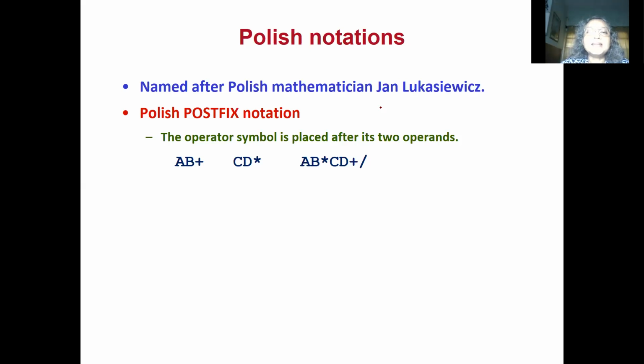So what are the advantages of using Polish notation? In Polish notation, we do not need the concept of operator priority. The way the expression is formed, we will see that that determines the expression uniquely. So the expression evaluation rule is simplified, and there is no need of any parenthesis. The expression makes the evaluation unambiguous, and therefore evaluation can be carried out using a single scan over the expression string.